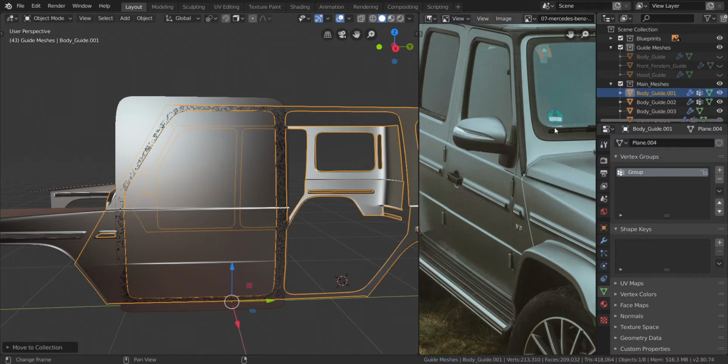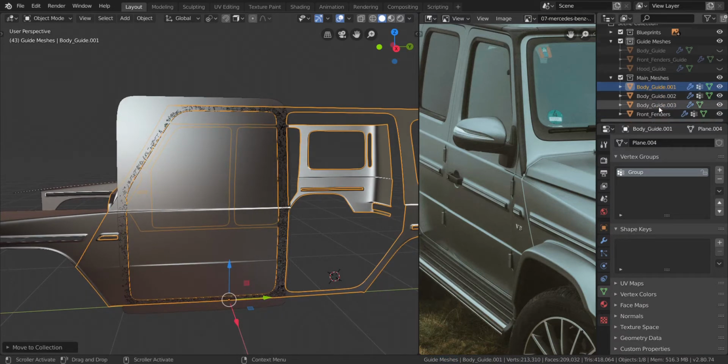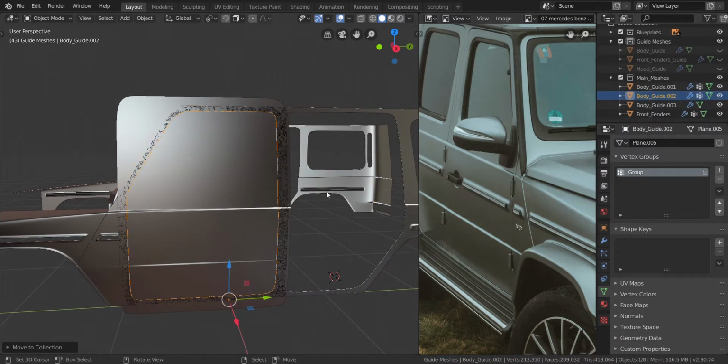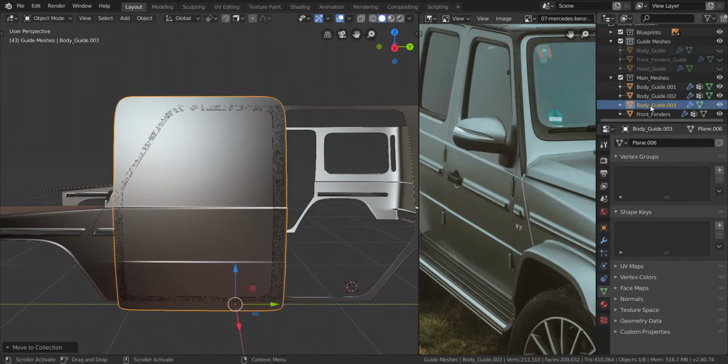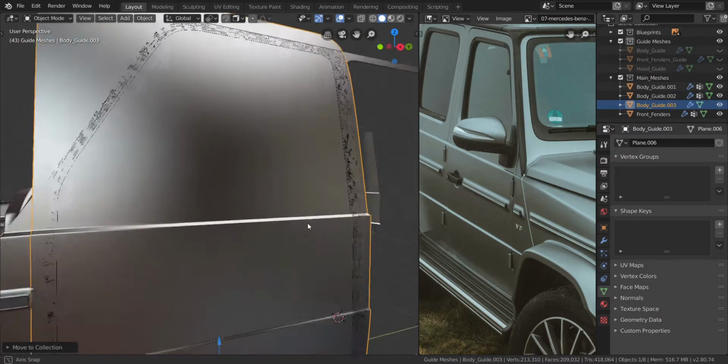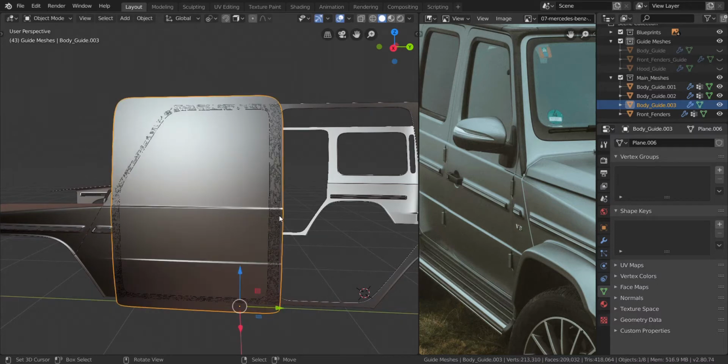I think we have a bunch of bodyguards here. Did I not rename that? Not quite. So we'll rename them after we finish this. So let's get in here and